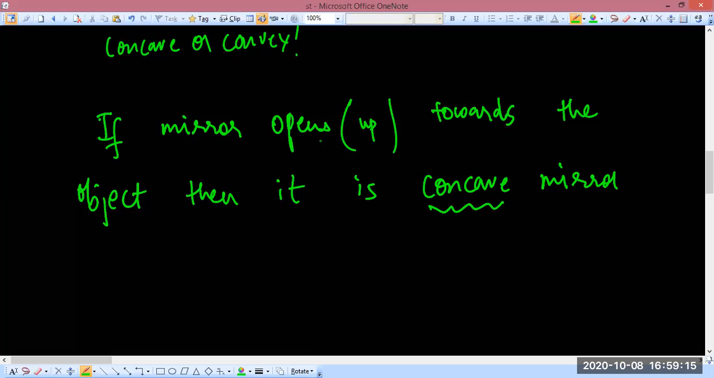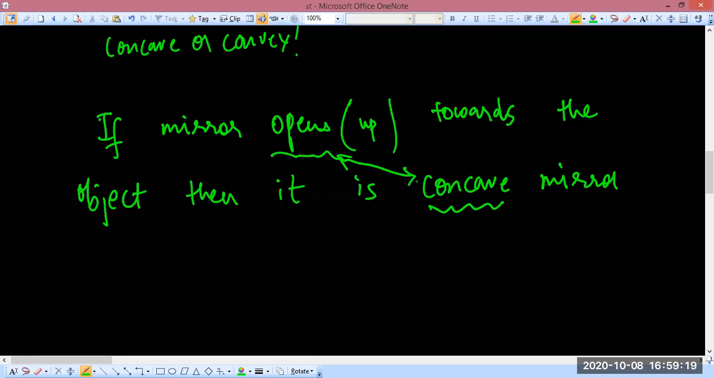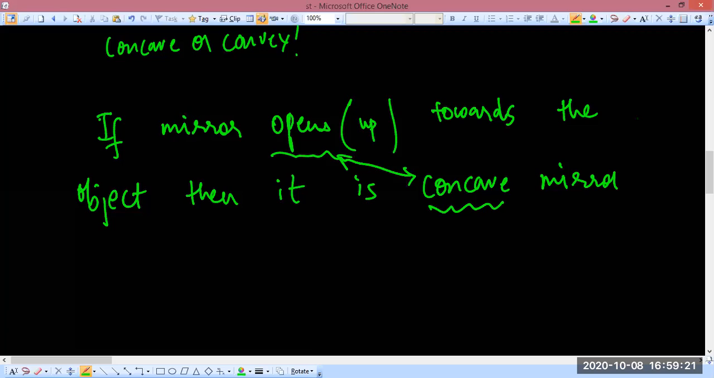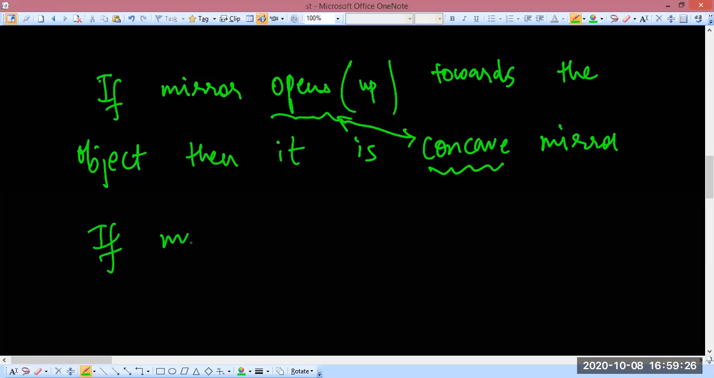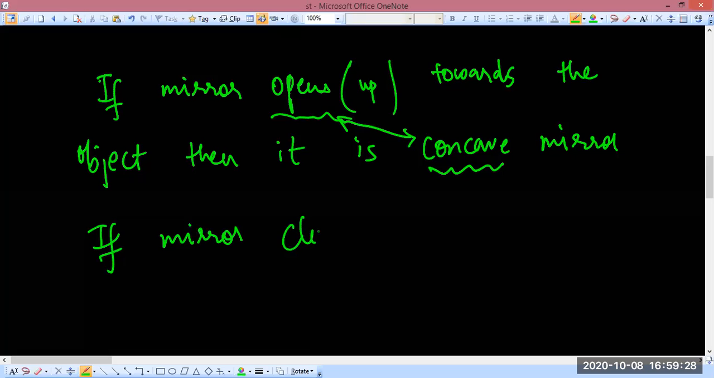Basically concave means opens, right? These two words are synonyms. Okay. And if mirror closes towards the object,